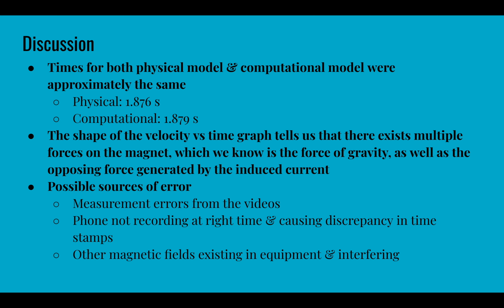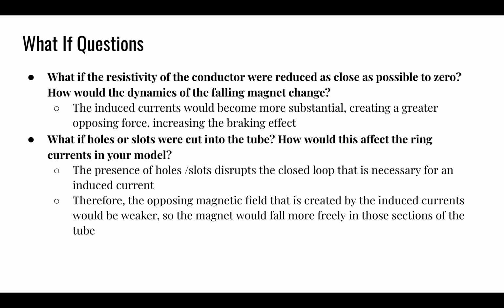As we could see in that graph earlier, the shape of the velocity versus time graph tells us that there are multiple forces on the magnet, and we know those to be the force of gravity as well as the opposing force generated by the induced current. Some potential sources of error or measurement errors are the phone not recording at the right time, or other magnetic fields existing. So to answer our what-if questions,